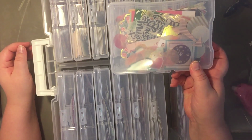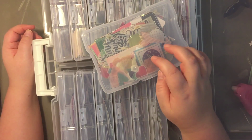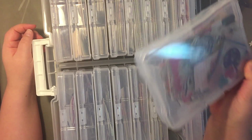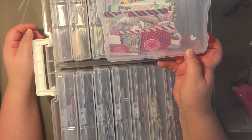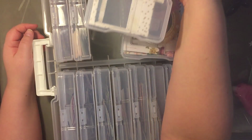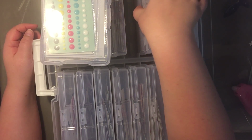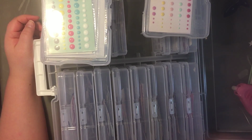Here's a bunch of Maggie Holmes stuff. I had like 4 packs probably between the new stuff and the older stuff and the vellum packs and the regular ephemera packs. I just had a lot of Maggie Holmes stuff, so that one's pretty full. My Pen Pals collection from Pink Paisley. More chipboard frames. And enamel dots,